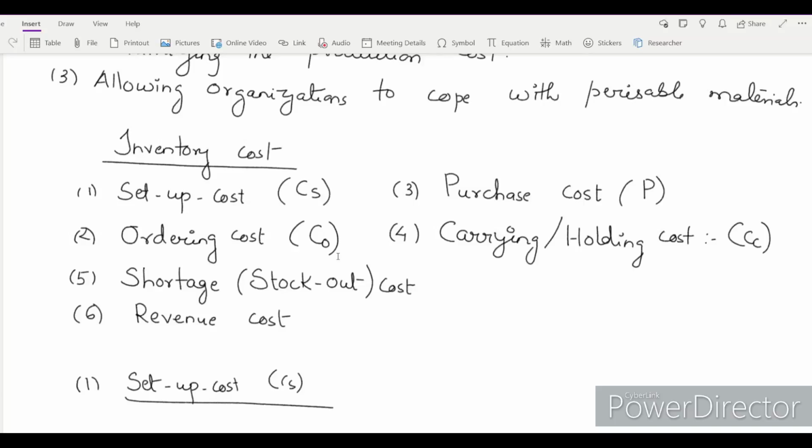And ordering cost not only includes your raw materials, but also your advertisements, stationery, postage, because you won't order over phone, isn't it? It's not like that. Suppose it's a huge quantity, then you have to go for tenders, and these tenders are published in newspapers. So it is a cost of advertisement. You have to go for the post and all these things: stationery, postage, telephone charges, telegrams